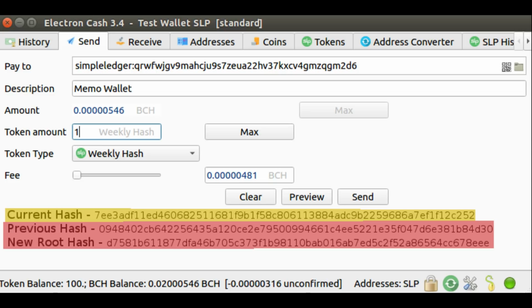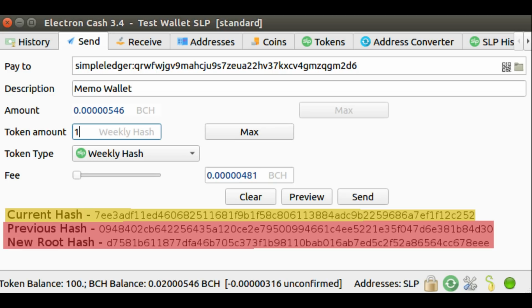And so what you would actually have on the next transaction is, for my next week, once I wanted to add my next week of tweets, once I wanted to hash those and put those on the blockchain, it would link back to the new root hash. So what is the new root hash now would be the previous root hash for the next transaction, and that's how that would work.